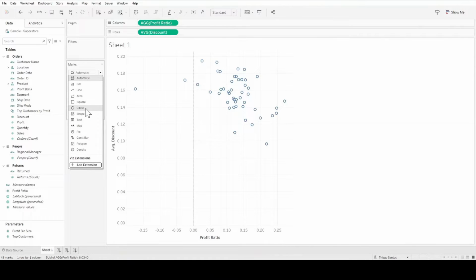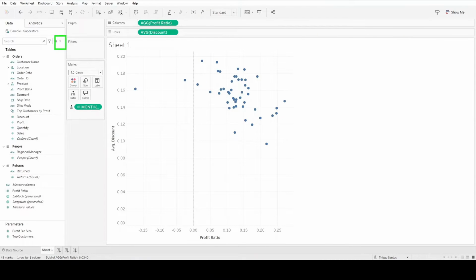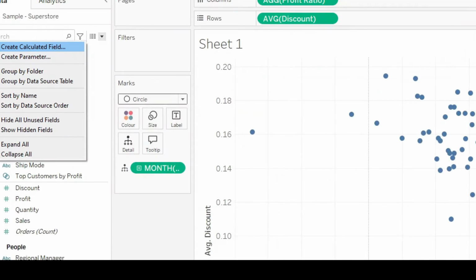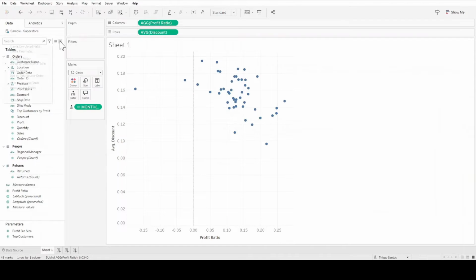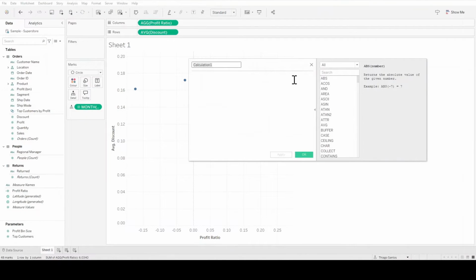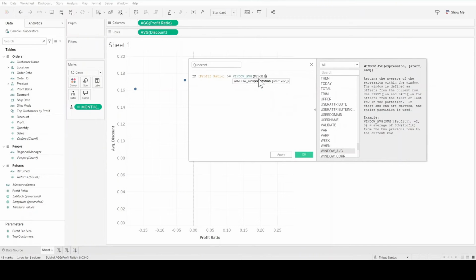I like to make the circles full colored, so I chose to change the marks, and now I'm going to create a calculated field on that little dot. Select the drop down and click on create calculated field, call it a quadrant. Here we'll insert our condition. We start by typing if profit ratio is greater or equals to the window average of the profit ratio